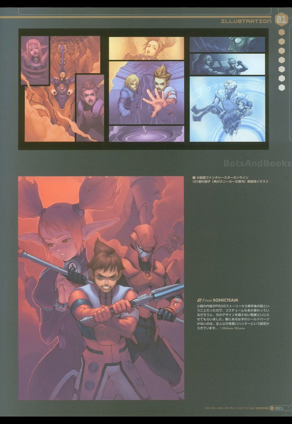Below that are more illustrations. The larger image features a male hunter, a female character with elf-like ears, and a red mechanical being, all wielding weapons in a combat stance. According to a note from